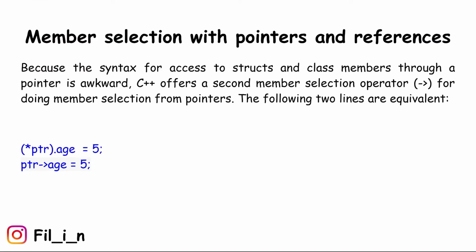Because the syntax for access to structs and class members through a pointer is awkward, C++ offers a second member selection operator, arrow, for doing member selection from pointers. The following two lines are equivalent. (*ptr).age = 5; ptr->age = 5;